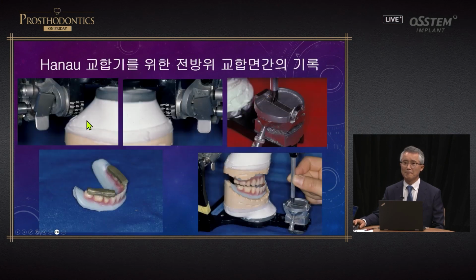When things get difficult, an interocclusal record for the anterior area is used. Hanau articulator is used for this. For condyle guidance, the textbook says 25 degrees, but I use 30 degrees more frequently. In the case of 6 millimeters of anterior guidance, you mark it here. 3 pieces of aloe wax are used. One is for the upper, the other is for the lower, and one is in between.